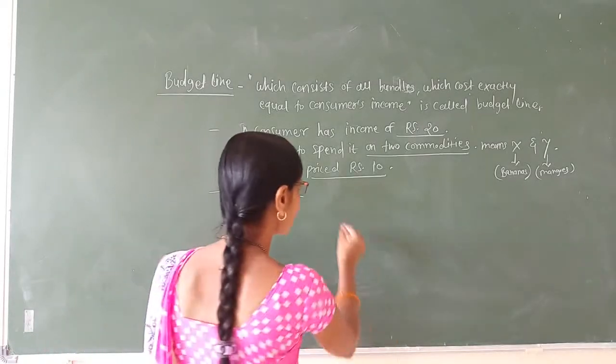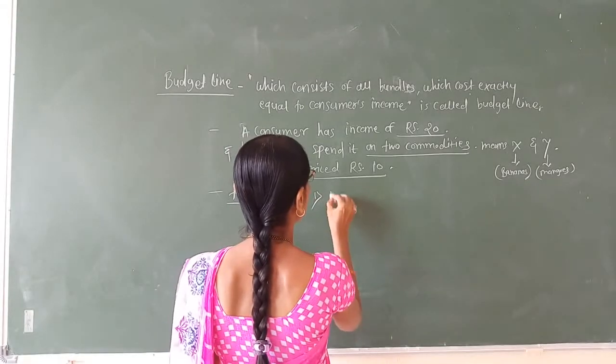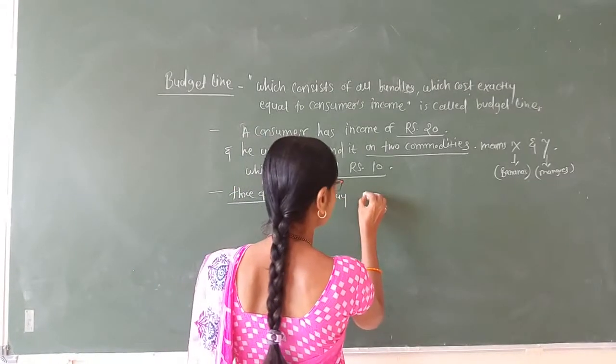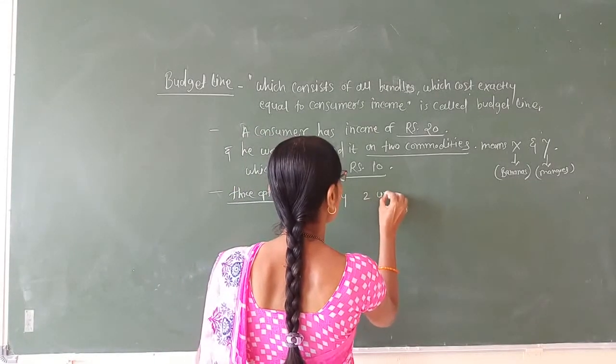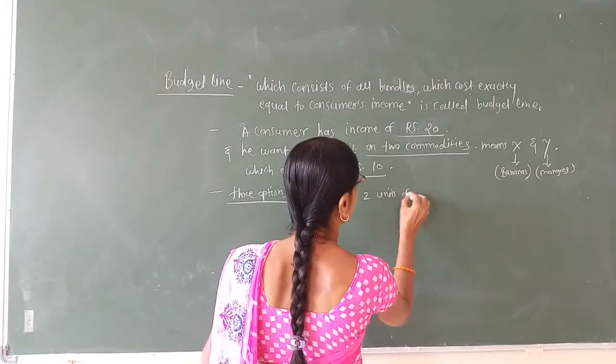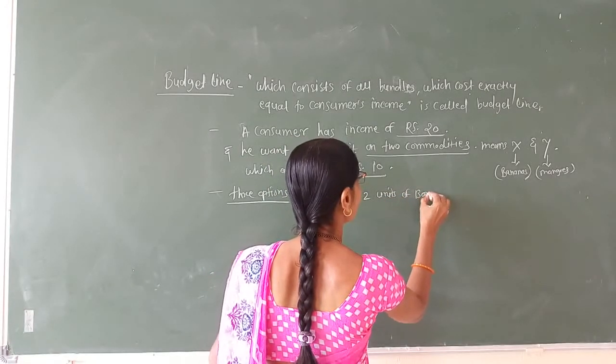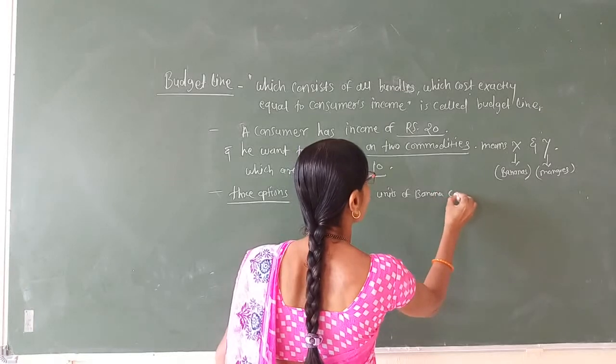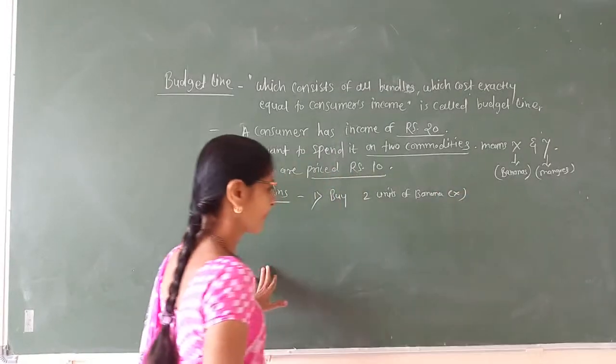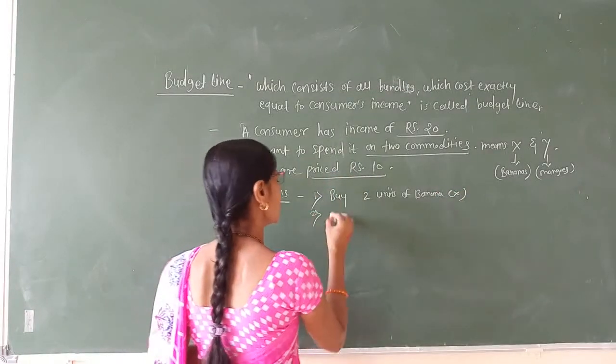First one is he can buy 2 units of banana, means X. Second option,